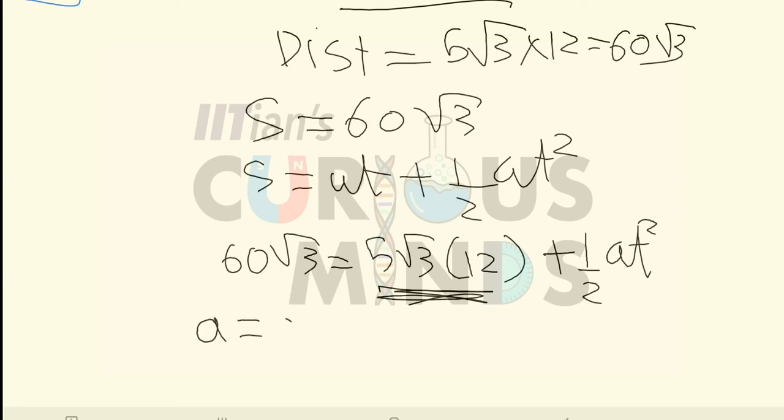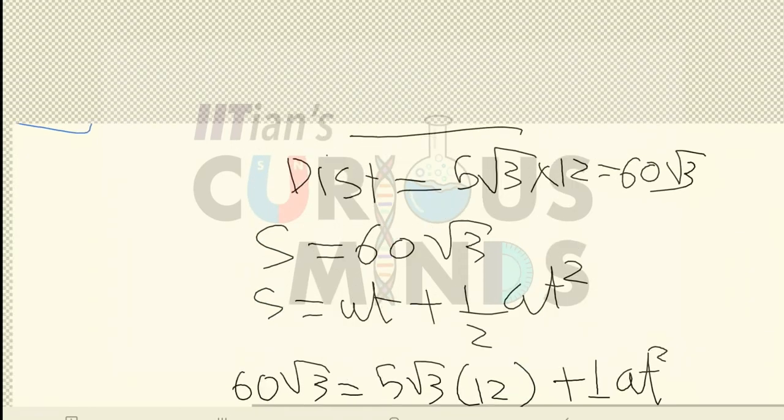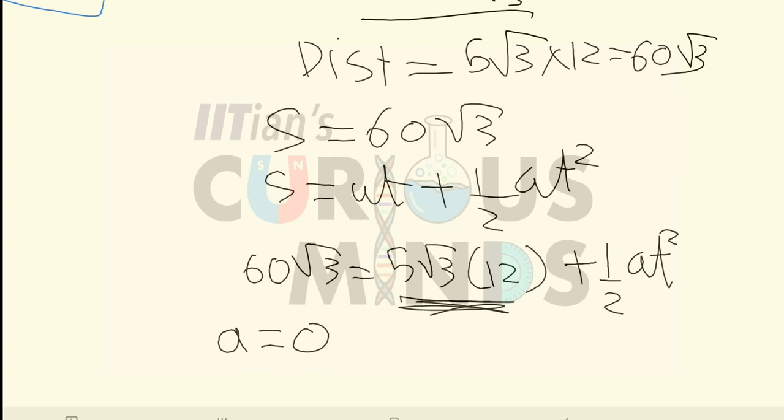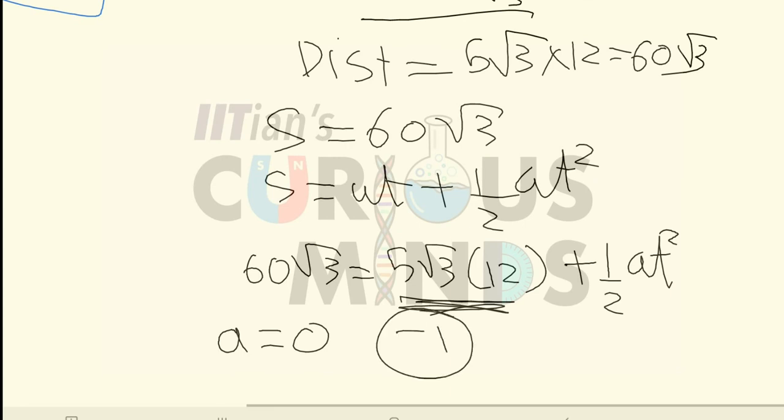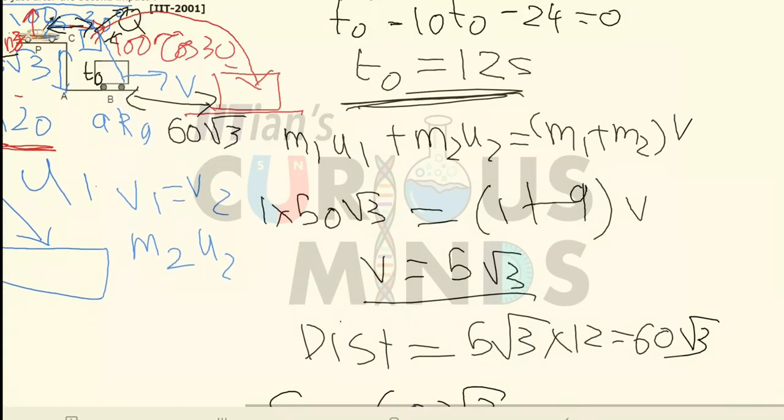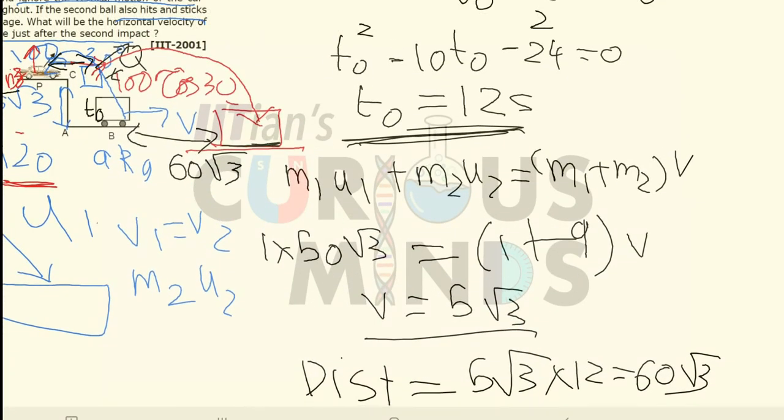So acceleration will come out to be 0, but practically this is a little incorrect, because over here it is given that there will be a constant resistive force. By that logic, we should have got a constant acceleration. Now 0 is a constant acceleration, but we should have got some negative value of the acceleration. Suppose we got the negative value of the acceleration as -1. In this case it is 0. Let us say this point is B and this point is E over here. We have to calculate the final velocity at this point E, then we can proceed with the rest of the sum.